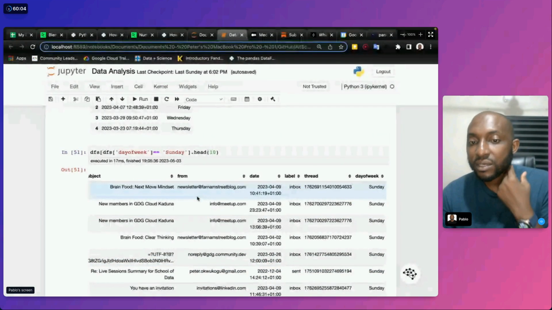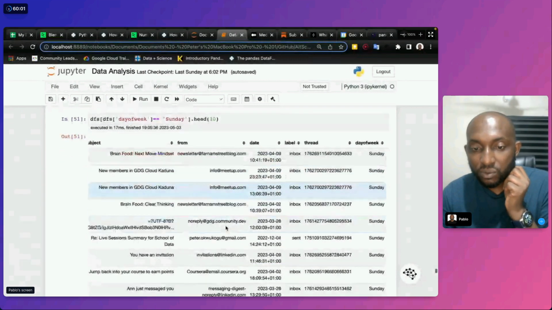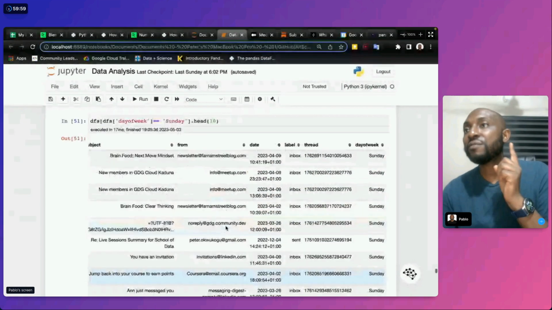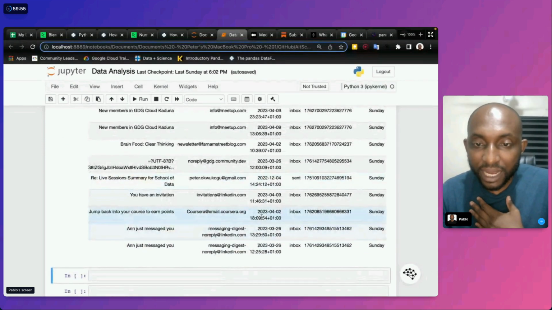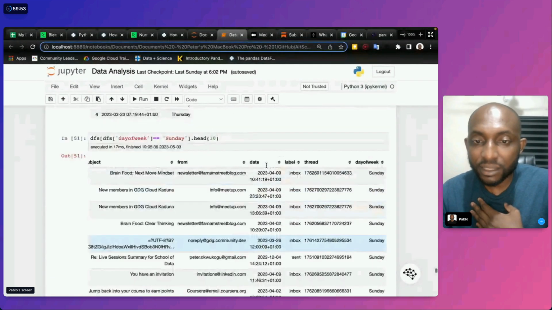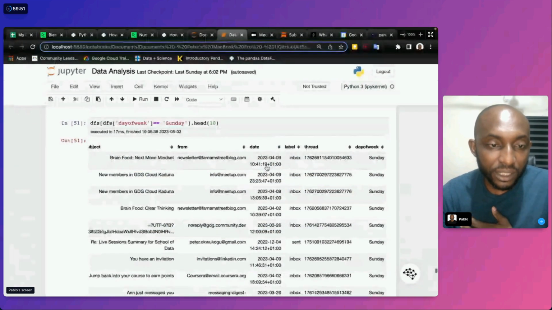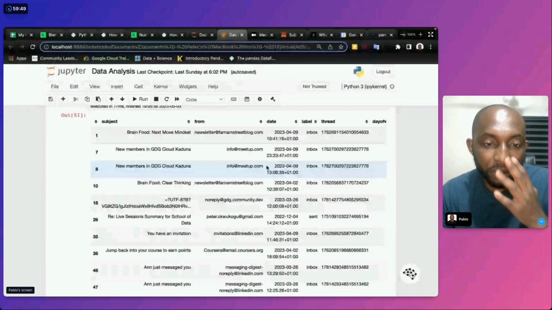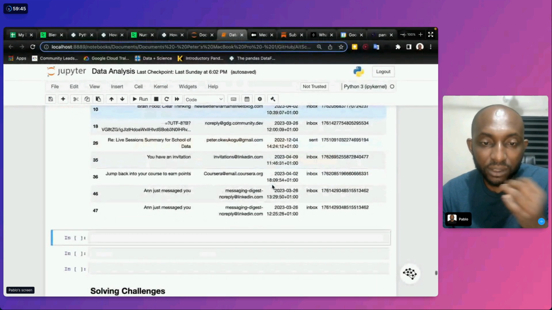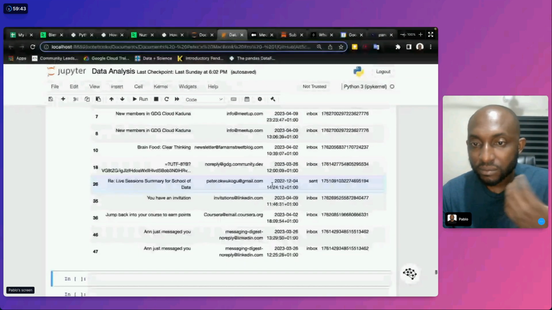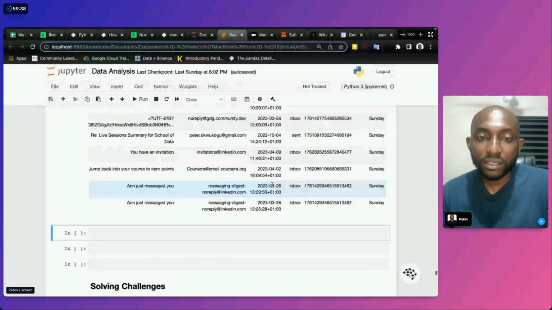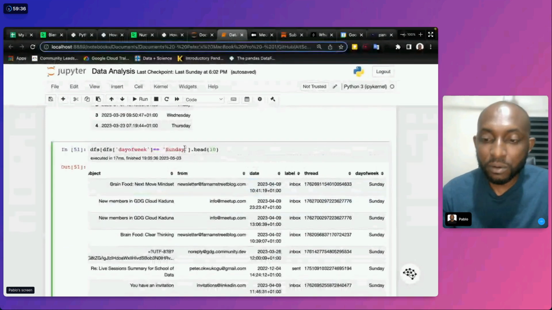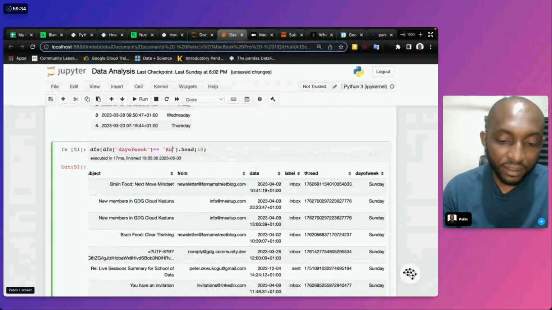So where day of the week is Sunday, it pulls out that. It even tells you a lot, right? You can see that for a long time, I rarely receive emails on a Sunday, or even if I have, I probably have deleted them. And that means I haven't even sent an email on a Sunday. So imagine if I check out Monday.